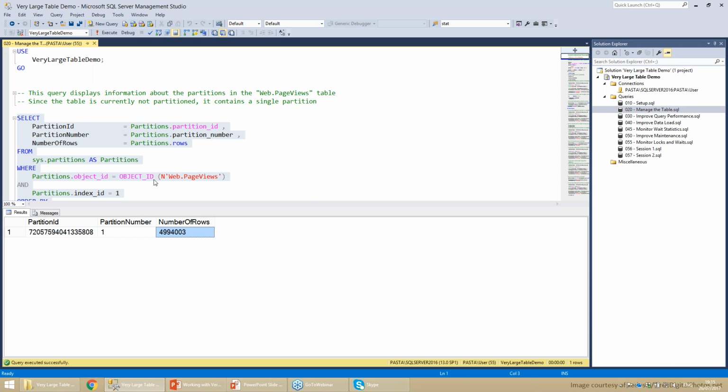And of course, one of the first things we should do with very large tables is to partition the table. The better way is, of course, to plan in advance, design the table in such a way that it's partitioned before we start using it. But even if we already have a very large table, we can still partition it, and I'll show you right now how we can do this. Of course, partitioning is a feature that has been around in SQL Server since 2005. There are some advancements, some improvements. I'm going to talk about some of them later on in the recent versions.